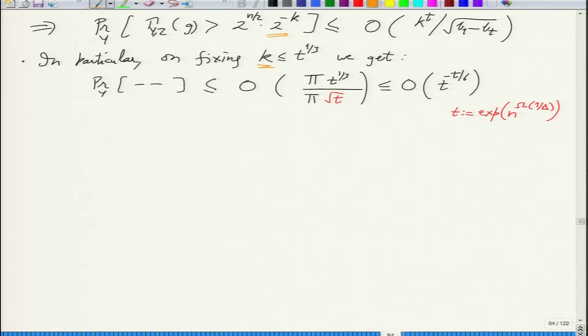Probably an optimization. No. So the thing is, it is already determined. So square root t is what you have as bi. So k has to be smaller than square root t. If it is square root t or exceeds, then the error term is 1. It's useless. I mean, the error probability is 1 then. So you want it to be smaller than square root t. So you can pick anything which you like, smaller than half. And I think I prefer 1 by 3.